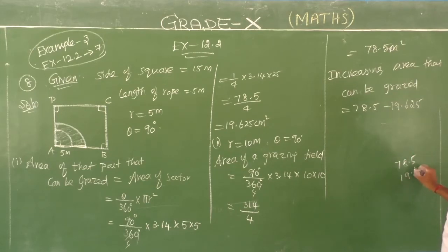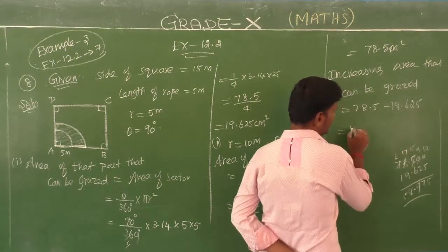78.5, 19.625. Yes, so take two zeros like that. Now subtract. Take 10, 10 minus 5, 5. It is 9, 9 minus 2, 7. Then it is not subtractable, so take one from the previous number to borrow. 50 minus 6 is what? 9. Already we want to borrow, so 7 only. So get one borrow, 70 minus 9 is 8. 6 minus 1 is 5. So what is the final answer?